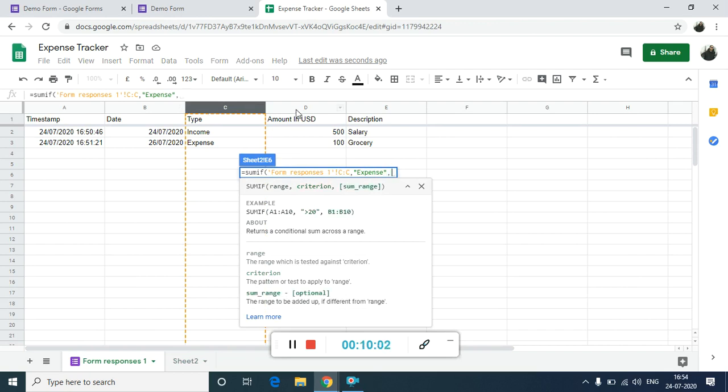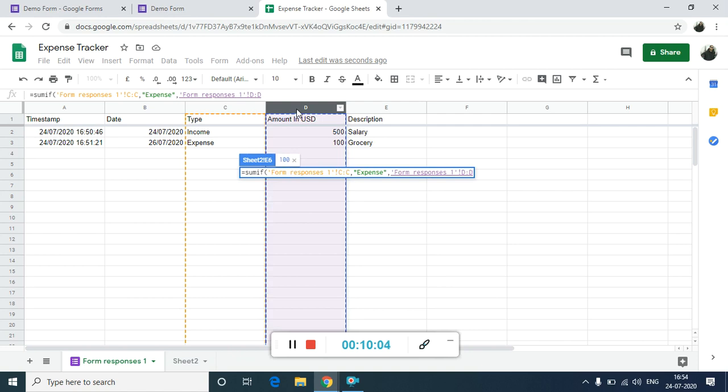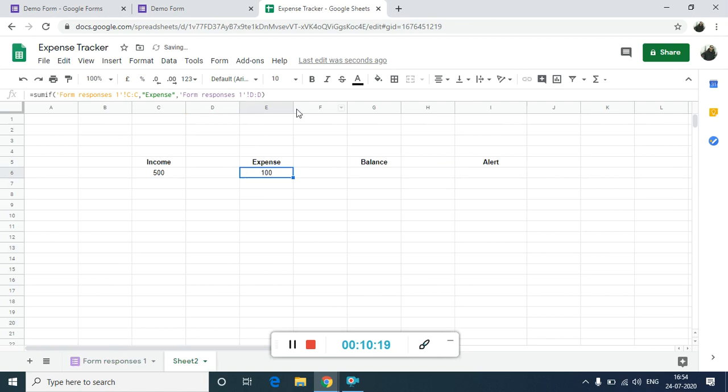Now we click column D and we close the bracket. So now it is going to sum only if column C, that is the transaction type column, has expense in it. Do not make a spelling mistake, I repeat, otherwise the formula will not work. So now we know that income is 500, expense is 100.